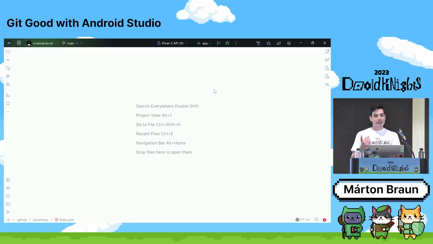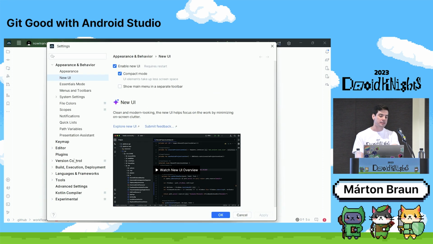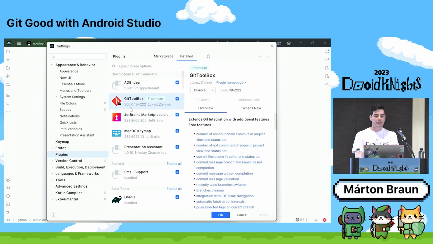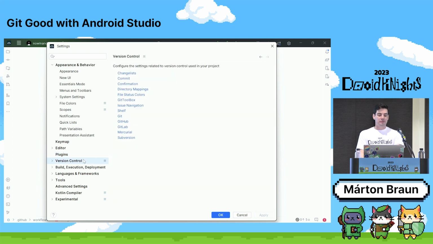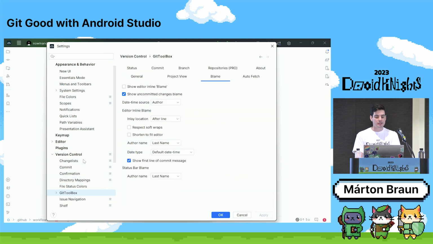While the IDE has a lot of Git functionality built in, you can also grab some additional things as plugins. For example, a popular Git plugin is called Git Toolbox. This is a freemium plugin, but I'm not advertising it. I've never paid for it. I'm using the free version and the free features. I don't know what the paid features are, but some of the free features that you can use after installing this are autofetch,